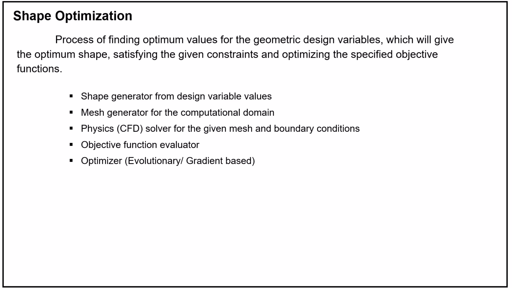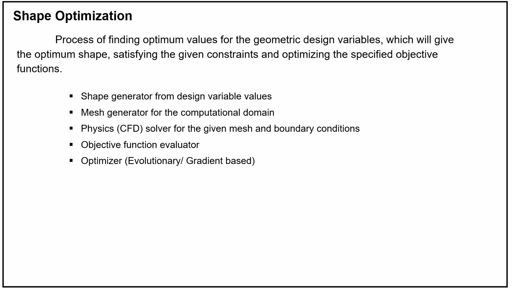What is shape optimization? Shape optimization is a process of finding optimum values for the geometric design variables which will give the optimum shape, meaning these design variables will help in creation of the shape in such a way that it satisfies the given constraints and optimizes the specified objective functions. So this shape optimization needs the following